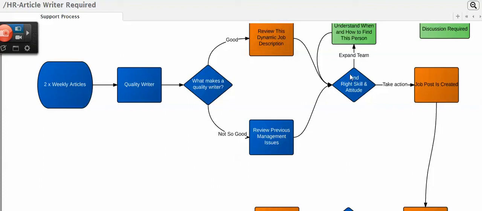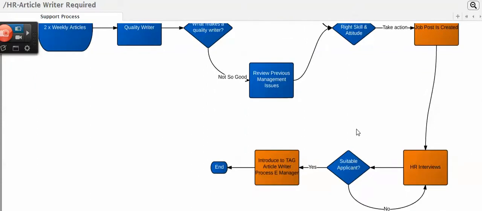So what we've done is we understand now that what we're looking for is actually to find this particular person. So we're going to need to post an ad. Now this ad will be pretty much a standard ad as well, so every time we go looking for article writers, we'll be able to copy paste this ad and start to interview. People will come in, we'll need to go through the interview process, we'll find a suitable applicant, and if we don't, we'll keep looking, and then we'll start to introduce these people into the eManager model so we can effectively communicate this, and this is how we do it.